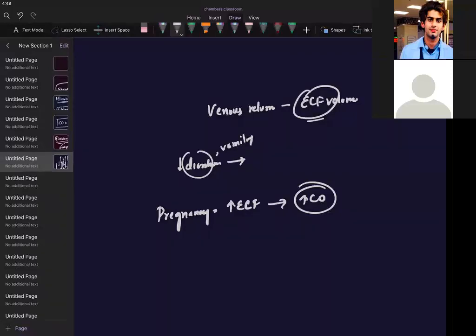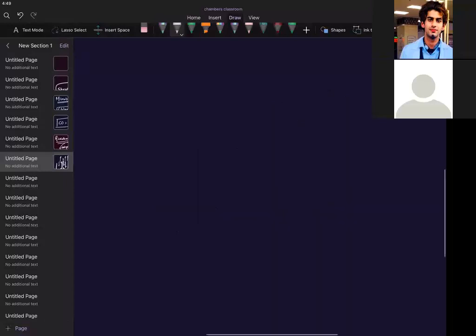Now, sympathetic activity also has an effect. I have taught you in histology that veins are innervated by sympathetic fibers. Whenever we have sympathetic activity, what happens? You have to bring more blood towards your heart so that I can give more blood to the peripheral tissues, isn't it? You want to run from the dog. You are in a sympathetic activity, so you need more blood to be sent to your leg muscles.